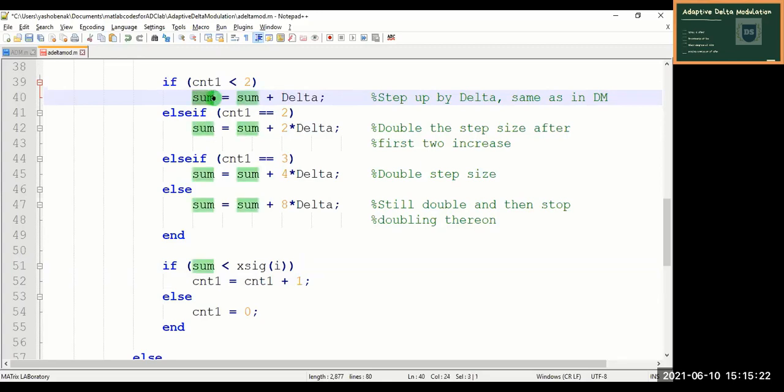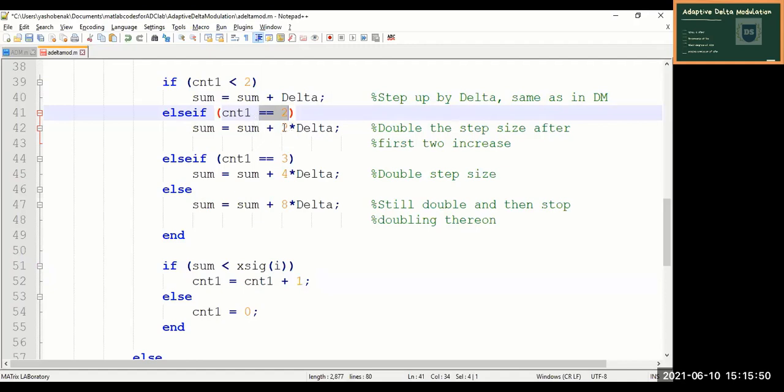So 2 will be assigned onto the sum, and again we'll come back over here, and if sum value, which is 2, is still lesser than the first sample value, again this count value will be increased by 1. Again we'll get back over here and check whether it's lesser than or equal to 2. In this case it's equal to 2.